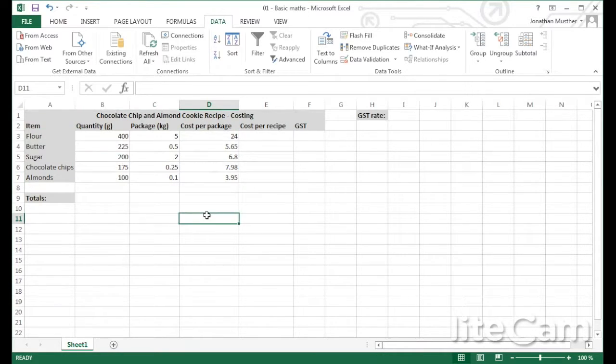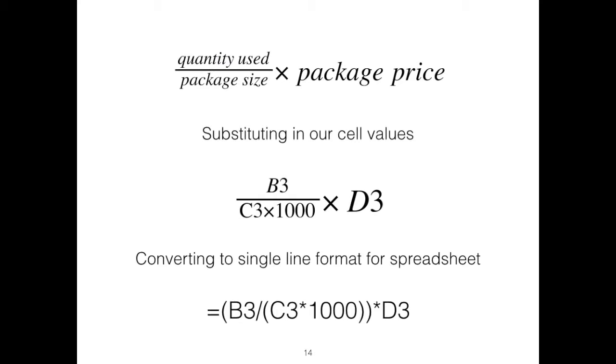Now we're going to move on, and we're going to calculate the cost per recipe of each of the ingredients. Now you can see the formula here on your screen. This is basically how we're going to calculate the cost per recipe. Now if you care about how to calculate the cost per recipe and you care a bit about maths, then you'll see that this makes sense. We've simply worked out what fraction of a package we've used and then worked out what the cost is for that fraction of the package. If you don't care about the maths and how we derive this, then just don't worry about it and trust us